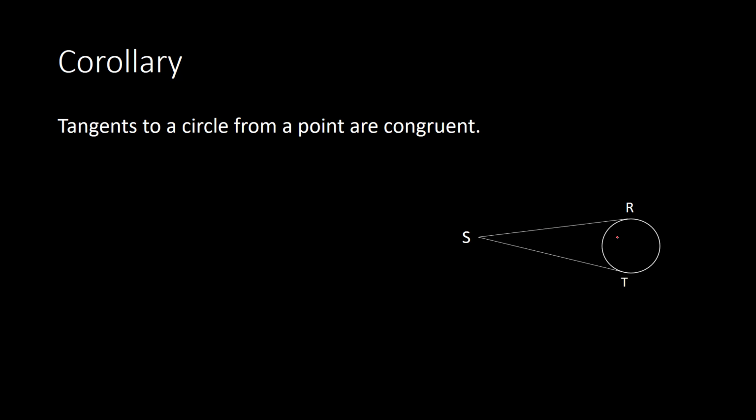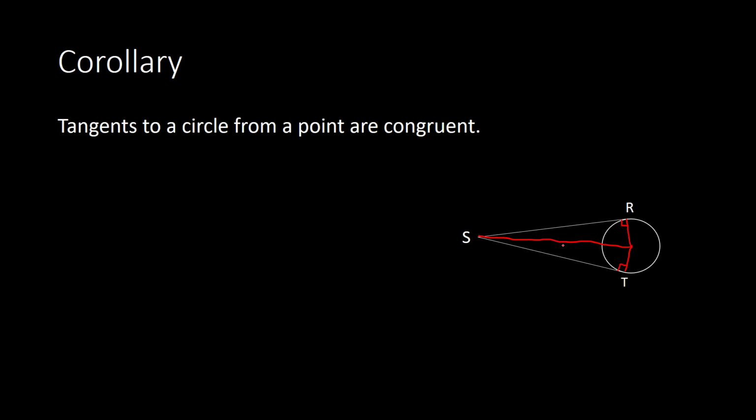And we will take the time just briefly to explain why this is the case, because based off the last theorem, if you have your center point right here and were to draw a radius up to this point of tangency, the theorem says that we have a right angle. And do the same thing down here to point T, here we have a right angle as well. So we have two right angles, and then if you were to draw a line going from the center to point S,